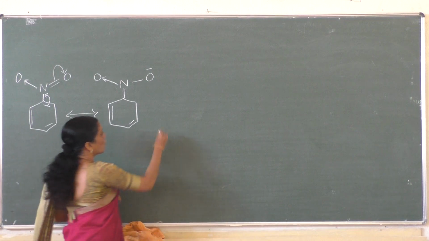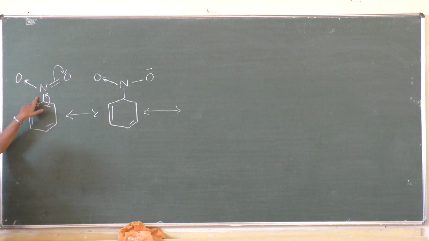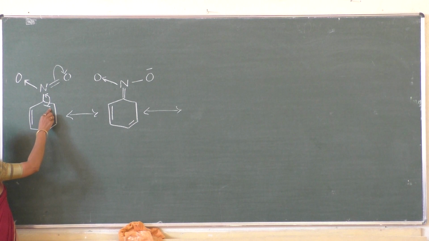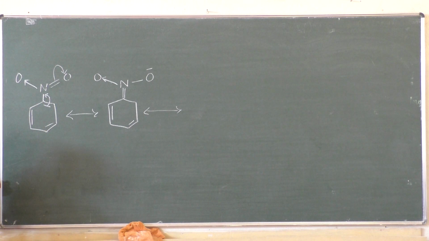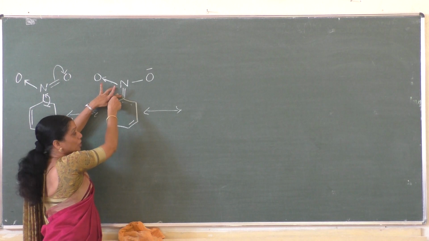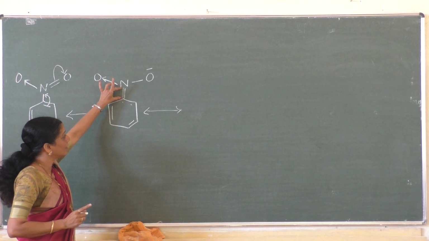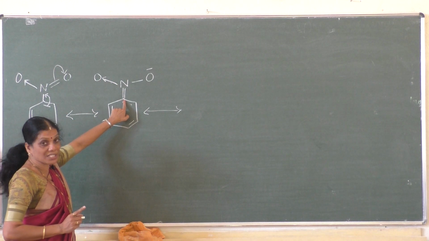Now what happens once the electron gets shifted to the nitrogen atom? Once the electron gets shifted to the nitrogen atom from the benzene ring. You can see here, this is a pi electron where we have written the shift to the nitrogen atom. This is a pi bond, a covalent bond. This is 1 electron of this carbon atom, 1 electron of this carbon atom. Once the shift takes place, a new bond is formed here. Understood, students? A new bond is formed here. Anyway, these electrons get shifted to the nitrogen atom. 1 electron of this, 1 electron of this. Once the new bond is formed here, electron loss doesn't take place to this carbon atom.